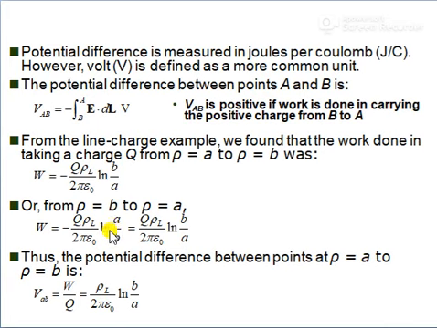Sorry, just one thing: there is a minus here. W is equal to minus, I just forgot the minus. If you want to interchange the direction, it will change the sign. From B to A it will be minus. If you want to change from A to B, this is minus log B by A. Now if it is B to A, you can make it a plus log B by A. So that is the equation for VAB in terms of a line charge, right?